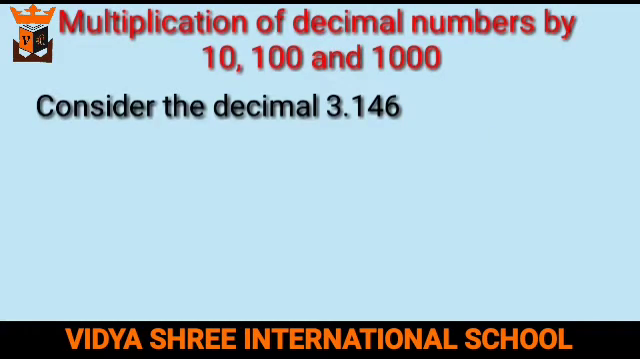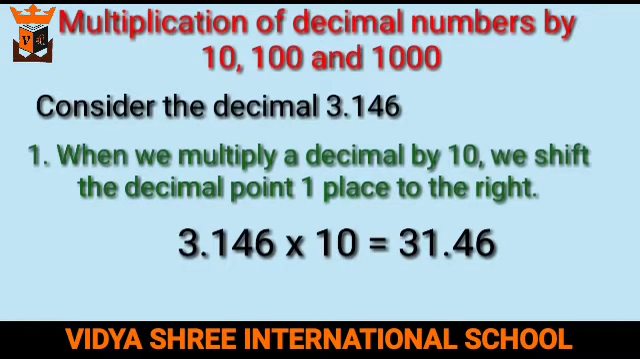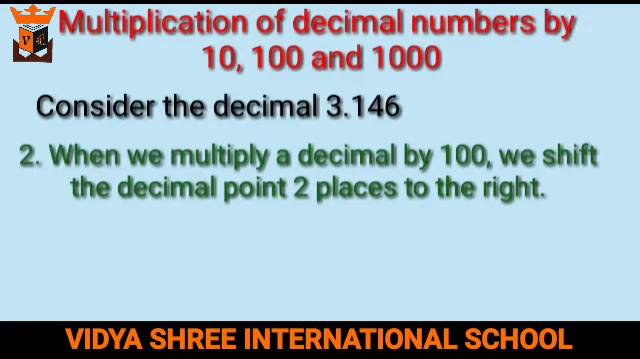Let us take the decimal 3.146. When we multiply a decimal by 10, we shift the decimal point one place to the right. Thus, 3.146 multiplied by 10 will be equal to 31.46. In the same way, when we multiply a decimal by 100, the decimal point shifts two places to the